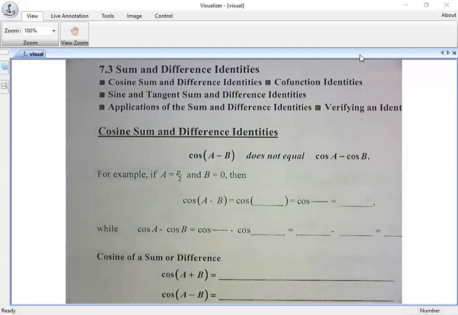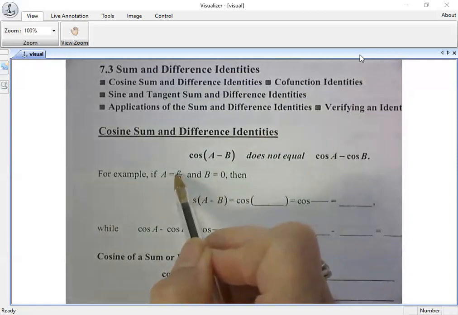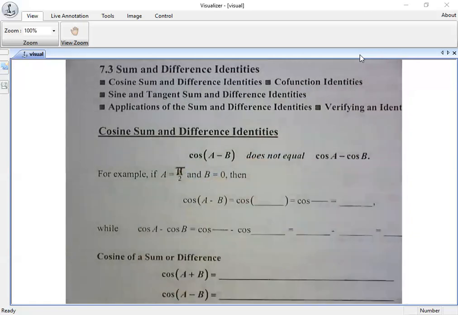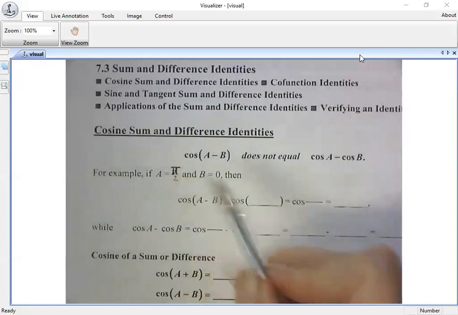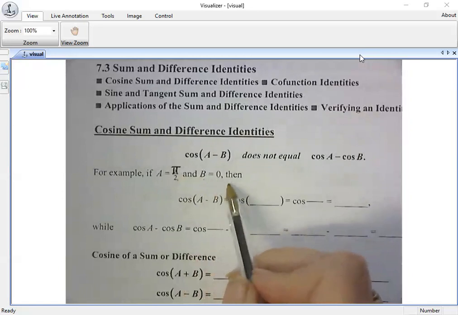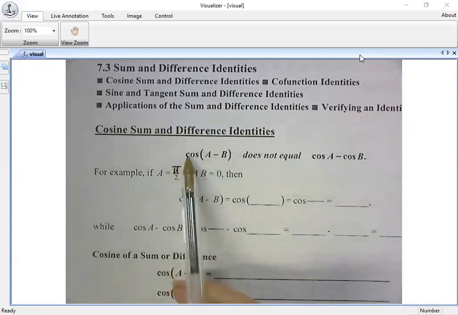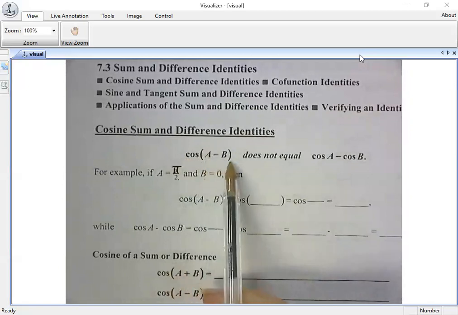First of all, I don't know why it prints out as a little p, but this should be pi, okay? So let's say that angle A is equivalent to pi over 2, and angle B is going to be equivalent to 0. And what I want to show you is, if I'm taking the cosine of angle A minus B,